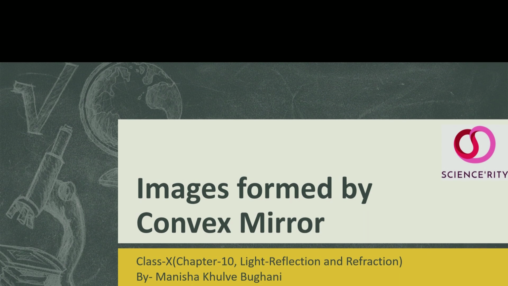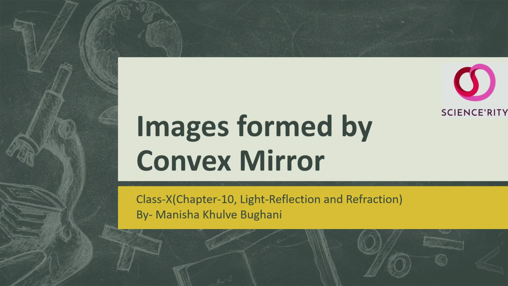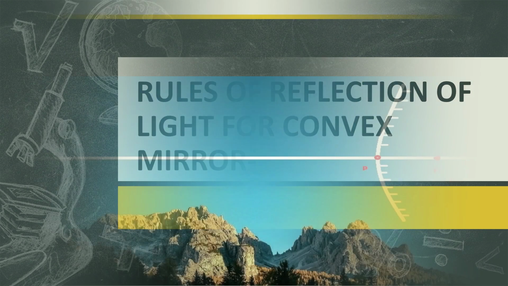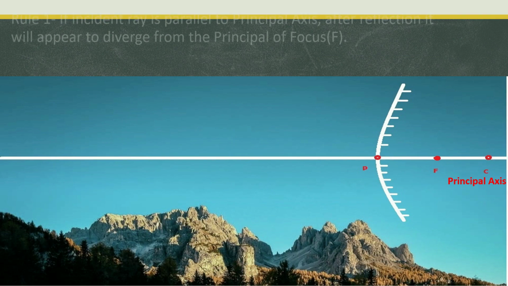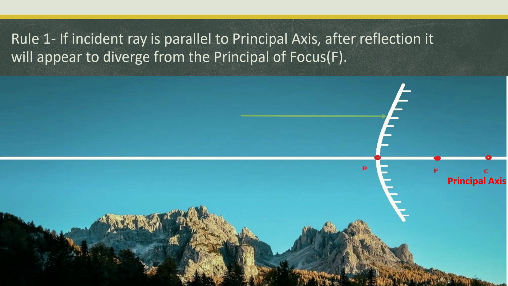In this video, we are going to learn about the images formed by a convex mirror. For locating the images using ray diagrams, we need to keep 4 rules in our mind. Rule number 1. If an incident ray is parallel to the principal axis, after reflection, it will appear to diverge from